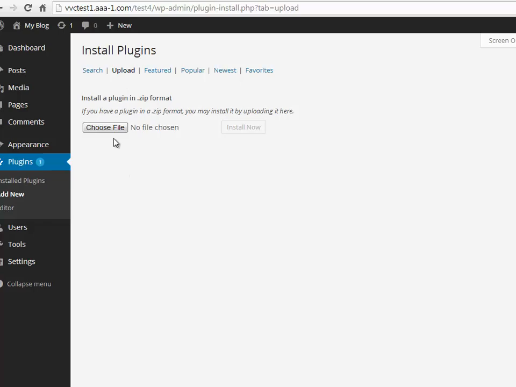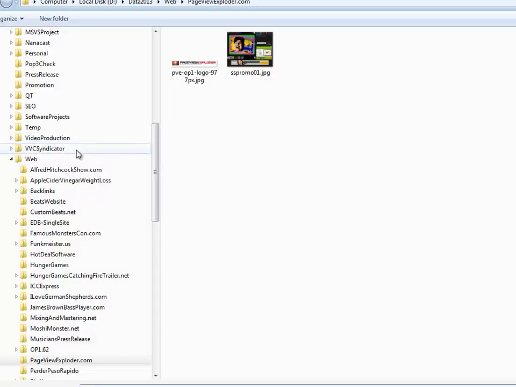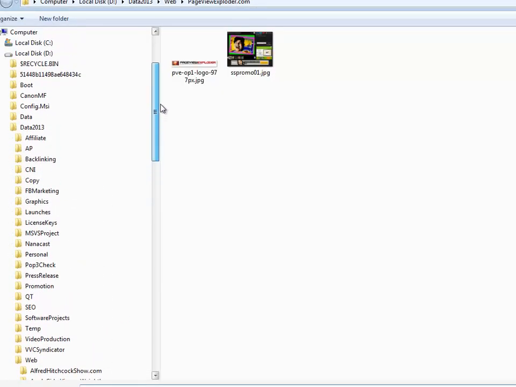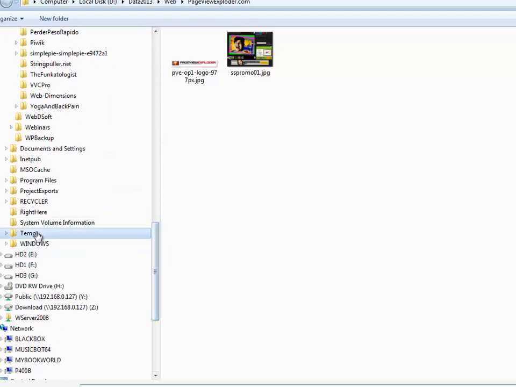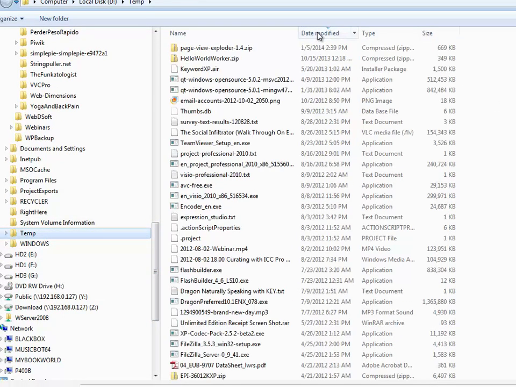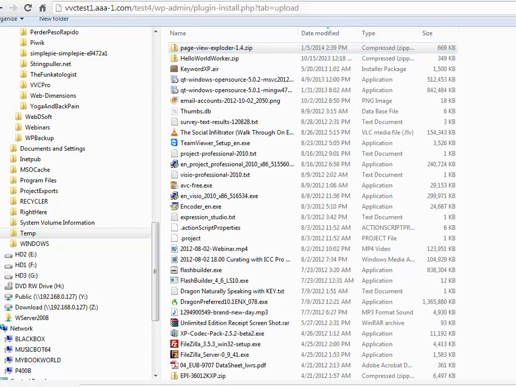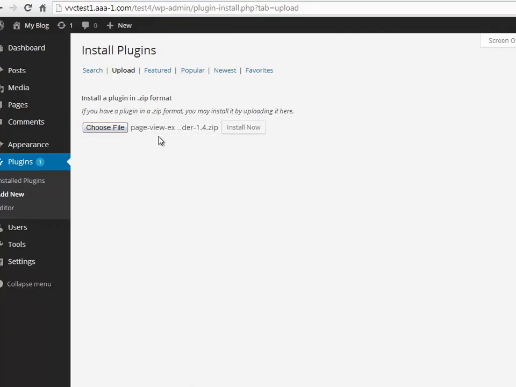You're going to choose that file, and I happen to remember where it is. It's in this temp file right here, and there it is. So I'm going to go ahead and just select that, open it. Now it's loaded up, and I'm just going to click install. And it's not a very big plugin. It just takes a couple of seconds. It'll upload to your blog, and then